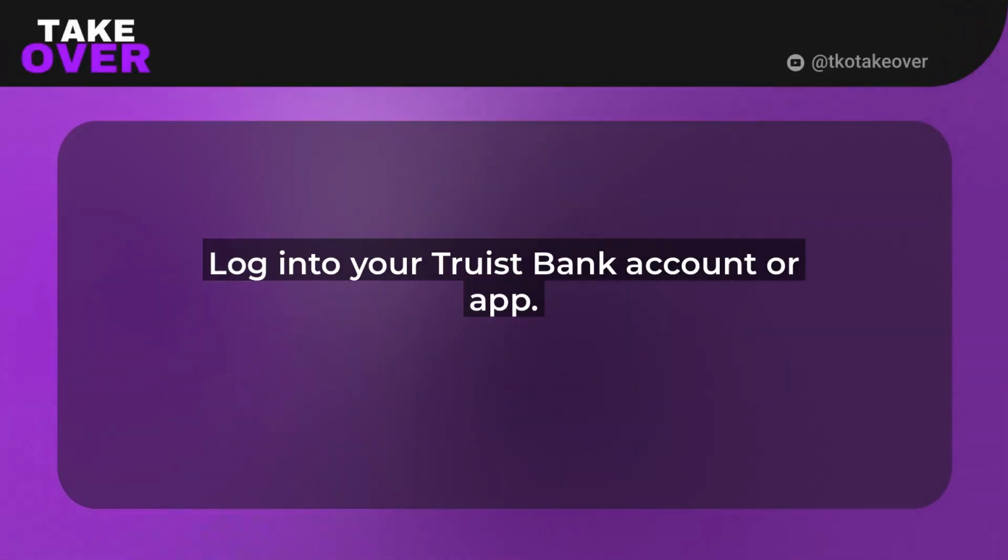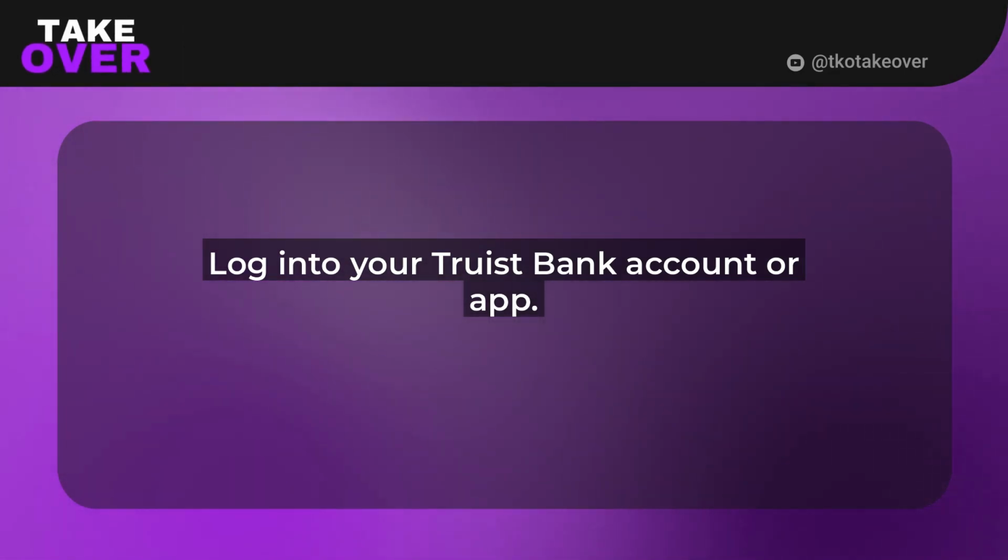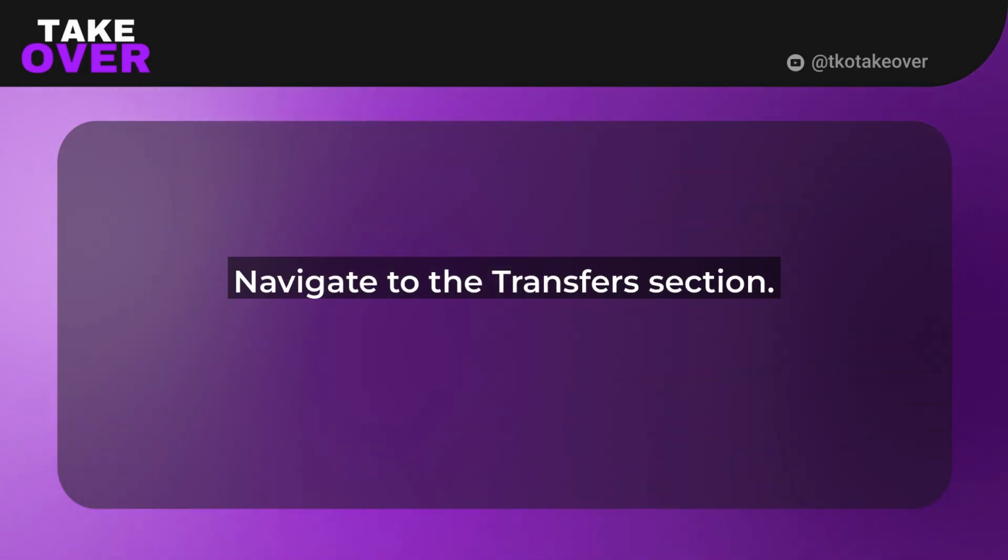Hey there, folks. If you've got money in your Truist Bank account and need to send it to another bank, you're in the right place. Today, I'm walking you through the entire process step by step. It's straightforward, secure, and can save you time and hassle. Whether you're paying off a loan, funding another account, or just managing your finances, this guide will get you up